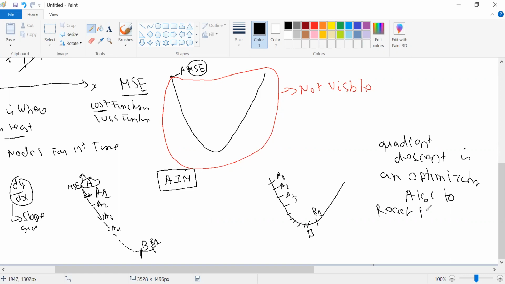It is an optimization algorithm to reach the point where error is least. Optimization algorithm. MSE is the cost function. Gradient descent is an optimization algorithm to reach the point where error is least. अब जब next time तुम्हारा viva होगा ना तो cost function क्या है, gradient descent क्या है, वो सब पूछूंगा.